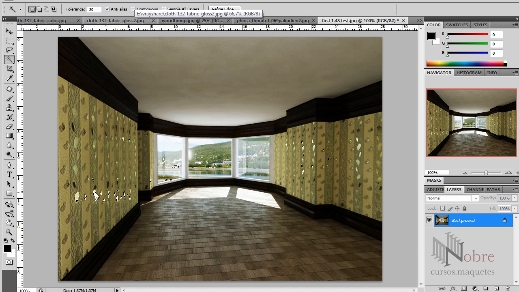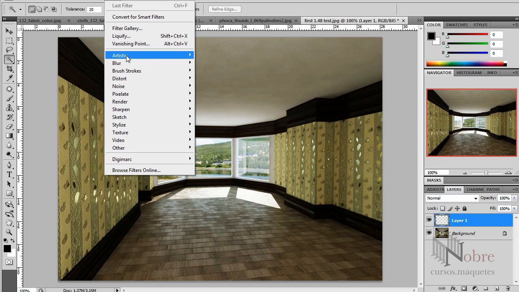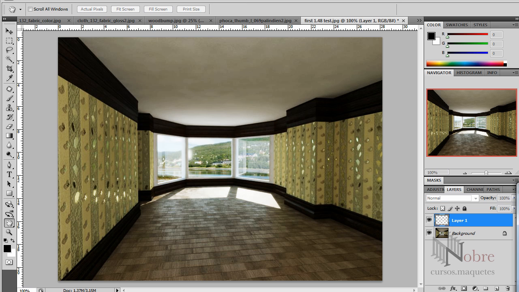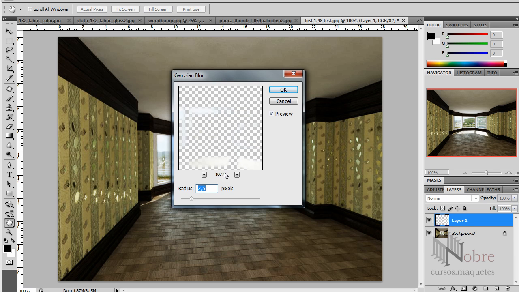Just select the hotspots in your scene, just like here, and Ctrl J to make one copy, and go filter, blur, Gaussian blur, then just blur it a little bit,